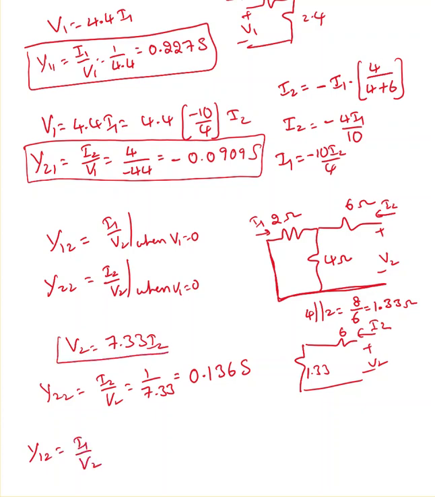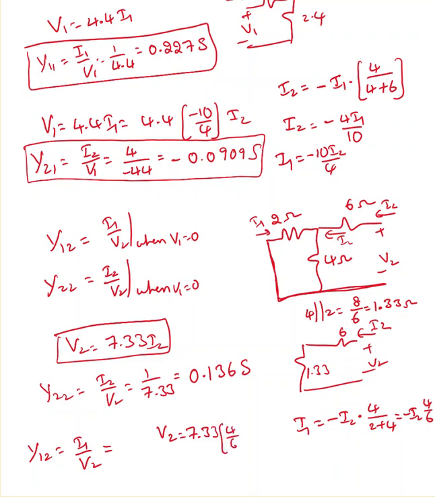Okay, now the last term, I'm going to find Y12, which is I1 over V2. So I already have this equation, so I need to find a relation between I2 and I1. I know I2 is coming here, it's going to split. So can I say I1 equals negative I2 times opposite over total, 2 plus 4, so negative I2 times 4 over 6? So if I replace this I1 in this given equation, V2 equals 7.33 times 4 over 6 times negative I2. So that will give us Y12 equal to,